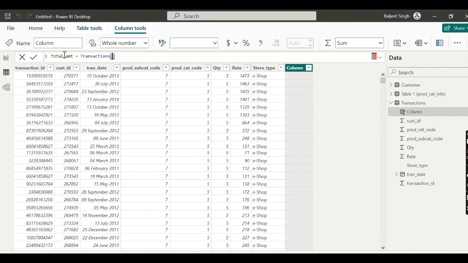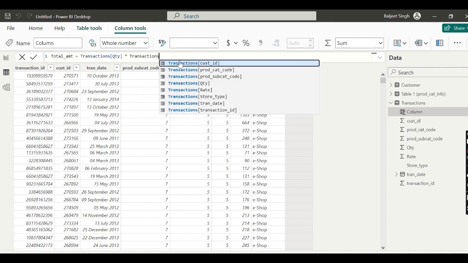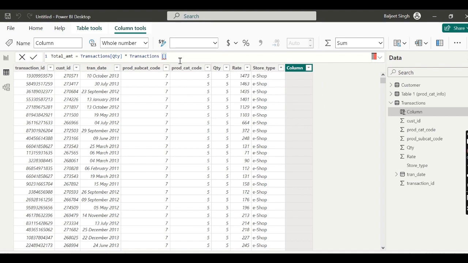In this I will put the quantity value. Make note of the syntax we adopted here: table name followed by column name within square brackets. When we hit enter, the total amount